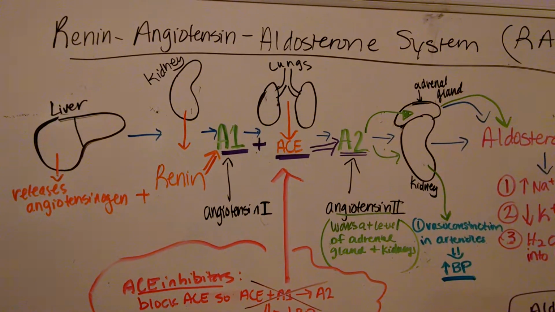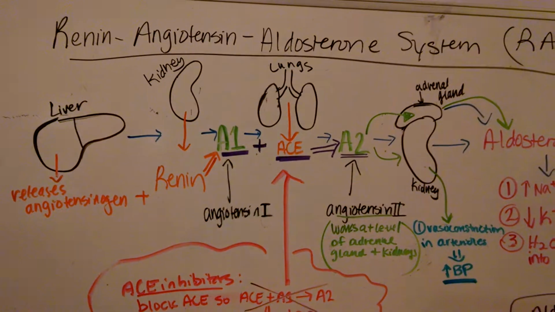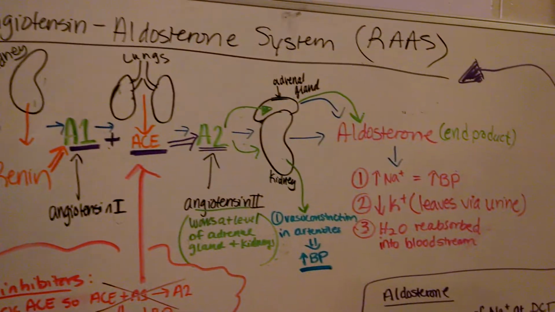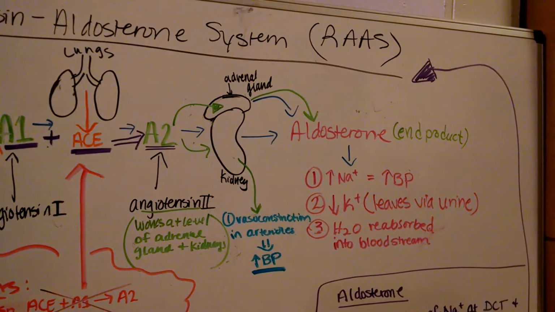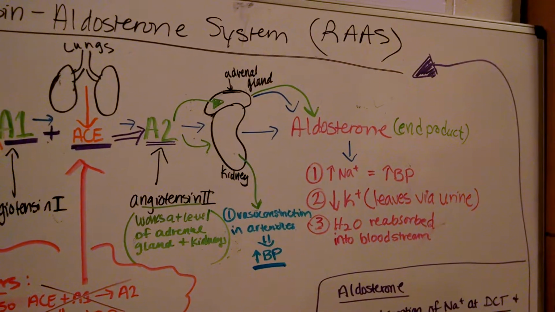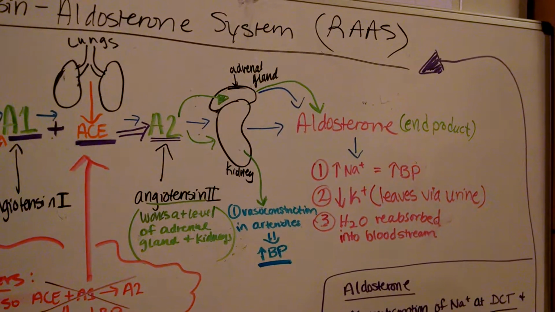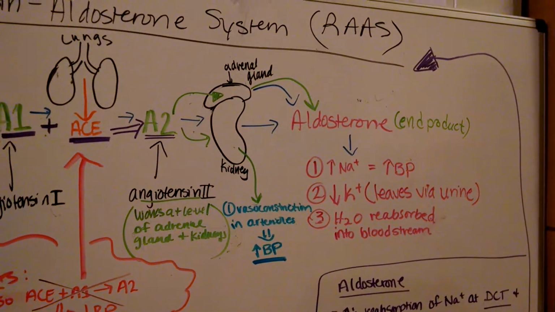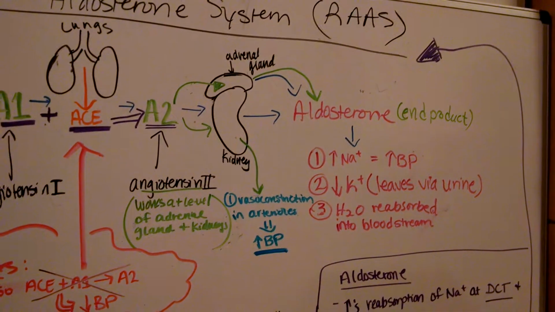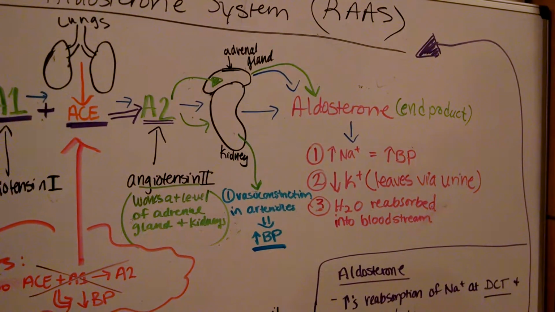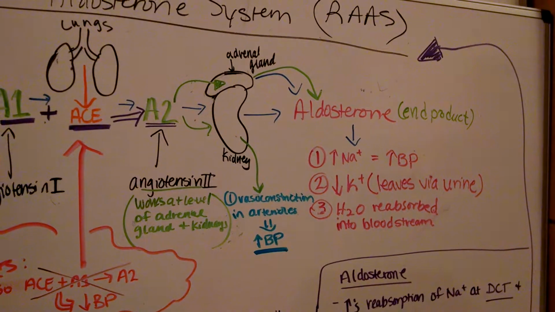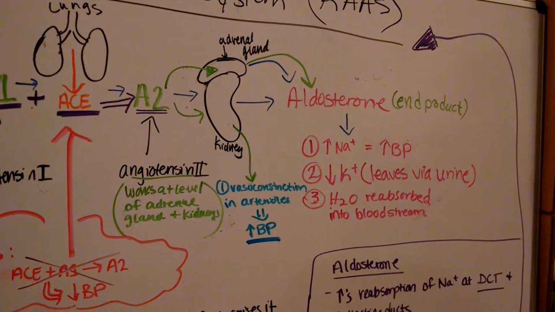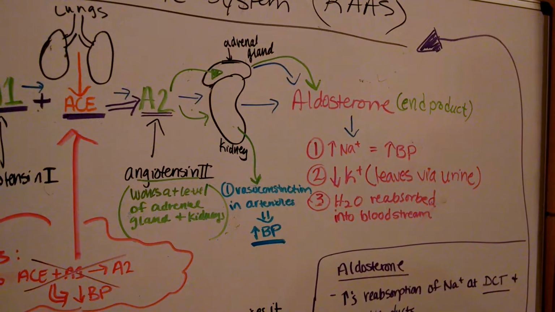And angiotensin 2 works at the level of the adrenal gland and the kidneys. If we go the adrenal gland route, the adrenal gland makes aldosterone, a hormone. That is the end product of our system. Aldosterone increases sodium, which increases our blood pressure. Like I said before, if we have increased sodium, we have increased blood volume, so we have increased blood pressure. Our potassium will be decreased because it leaves via the urine, and then we're going to have reabsorbed water